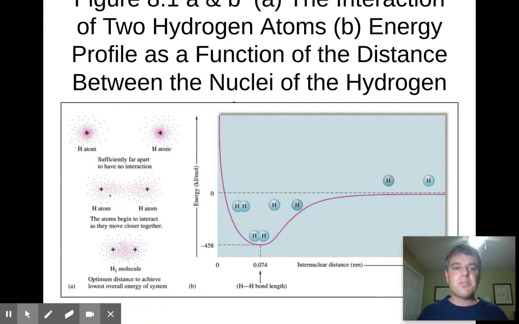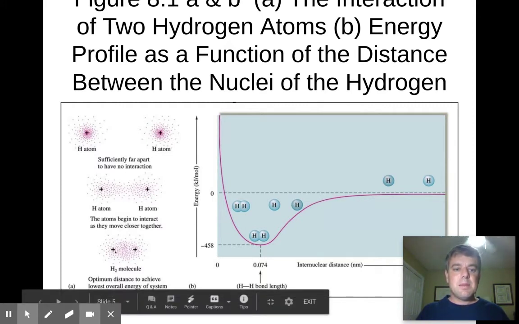As they move closer together, the nucleus of one is attracted to the electron cloud of the other, and vice versa. And then they begin to interact with each other as they form that molecule. But you can't push them closer together because if you try to push them too close together, then the nuclei will repel each other